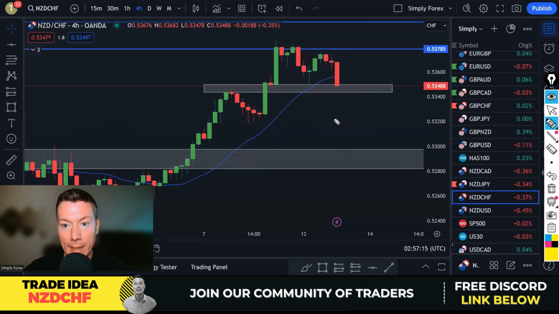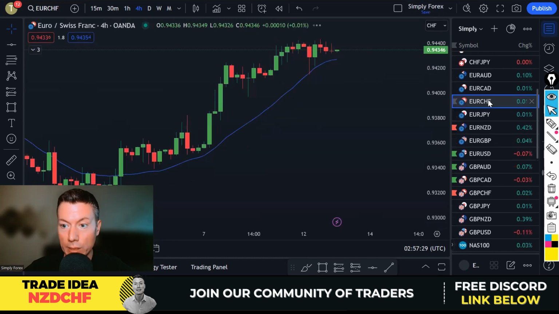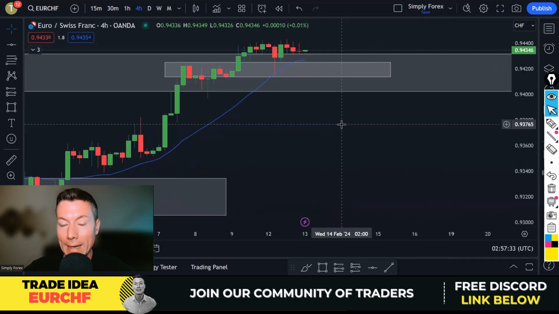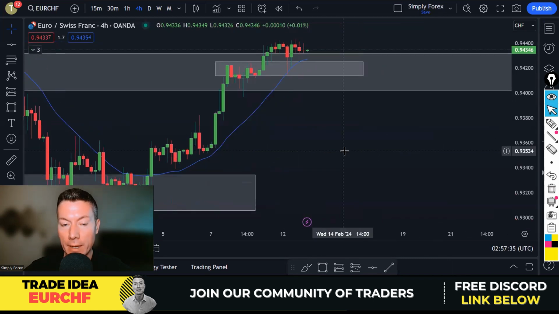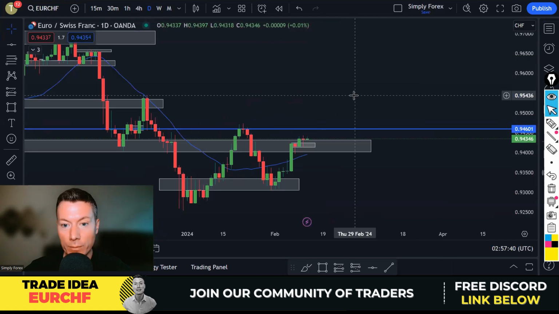So it really depends where price is right now, how it reacts at this grey zone. If it breaks it, not interested. All right, so that's New Zealand dollar, Swiss franc. Yeah, looking to buy that. Also, still looking to buy Euro Swiss franc. We've seen this Swiss franc weakness come into the market, and we're still trying to capitalize on that as well. So if we start with the day chart,